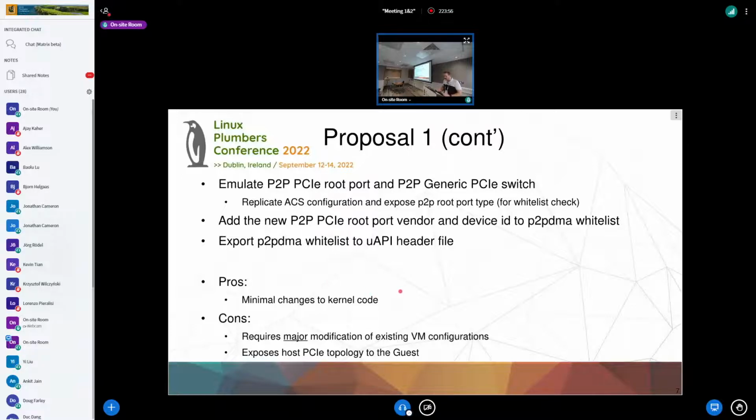So the pros of this approach is that this requires minimal changes to the kernel code, very minimal, if at all. The cons, in my opinion, are this will require a modification of existing VM configurations for peer-to-peer setups. I don't know how long that will take and how willing cloud service providers are to do that and validate that. But in my opinion, it's not a minor cost. And if we go to the approach that I presented, that the guest topology should be the same as the host topology, then it might be kind of a security leak information